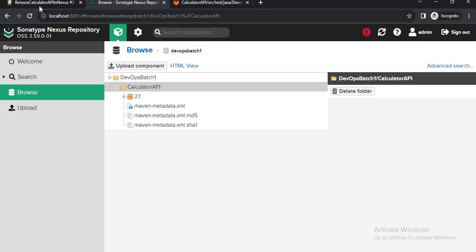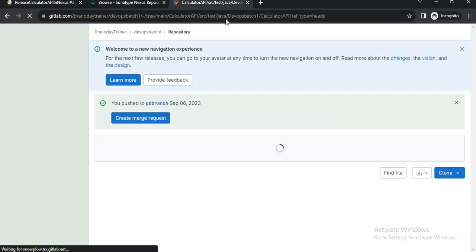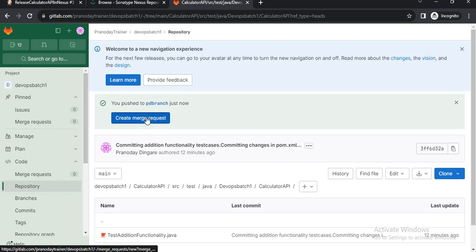Let's go to the git repository and create a merge request.